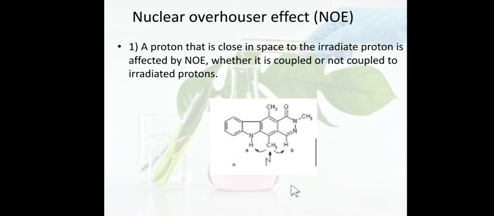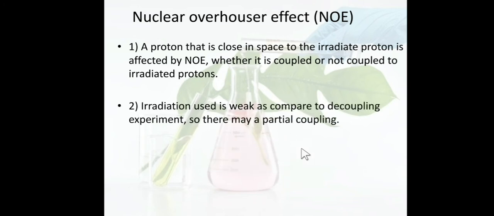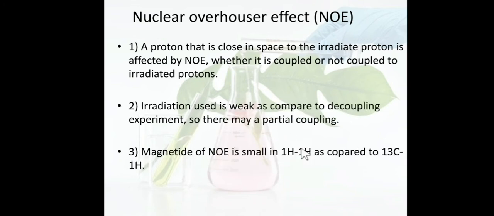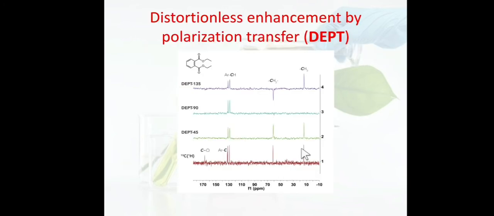So this is another example of the NOE effect. Now if we irradiate this CH3 over here, this CH3 is closely placed to this NH and this H, this CH. So it is also helpful to identify close-vicinity protons. If we irradiate this CH3, of course A and B will change their intensity. So this is how it is helpful for identifying the natural product structure.